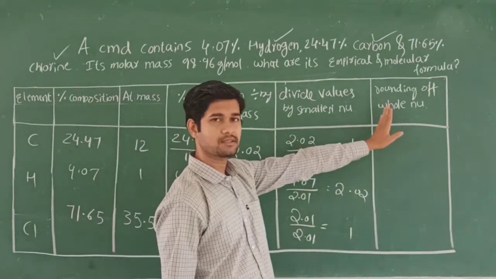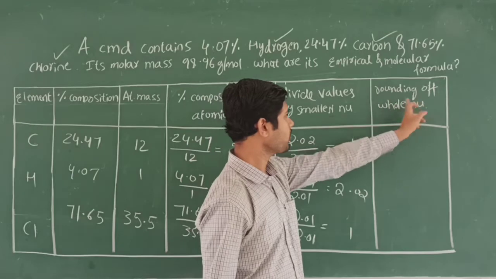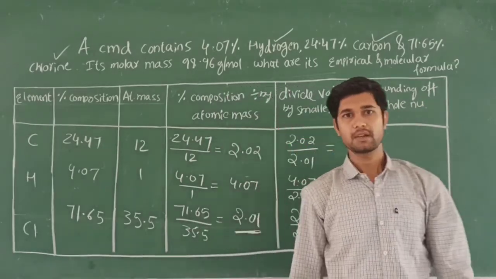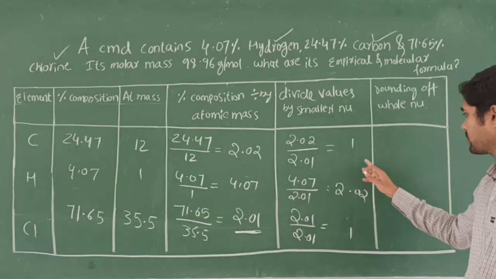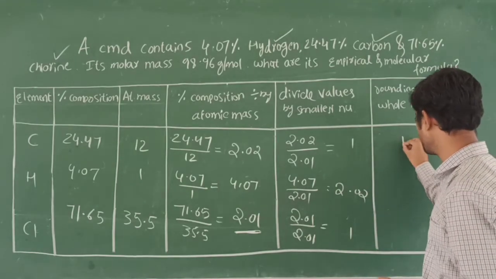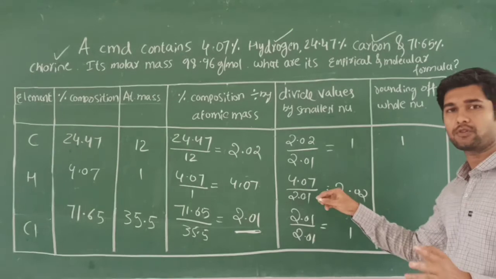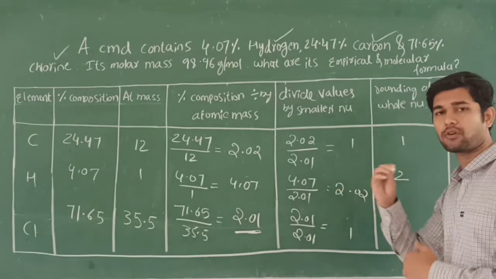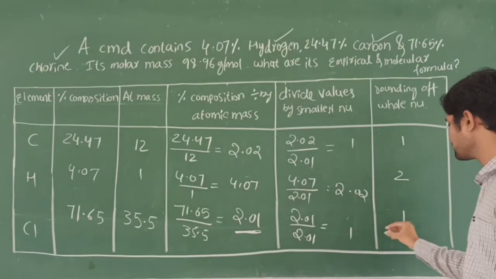So come to this last table. You should make it a rounding of the whole numbers. Okay, rounding, you know that one. So here 1 has been given, I am going to make its round 1, and 2.02 I am going to convert as 2 only because I am rounding them. And similarly it is 1.